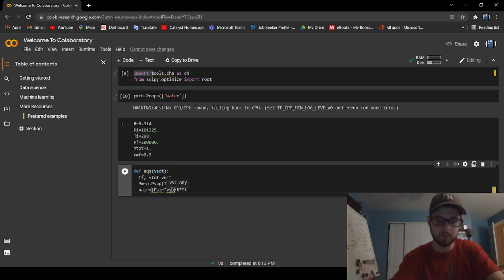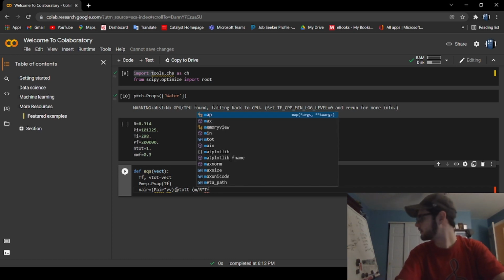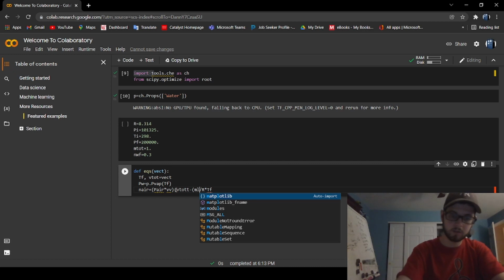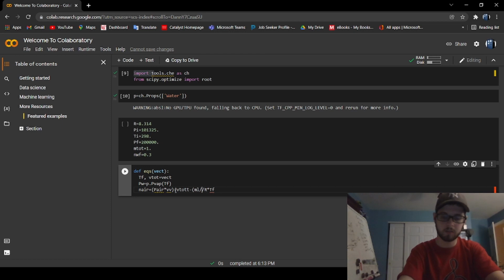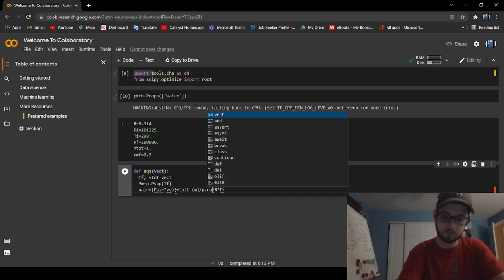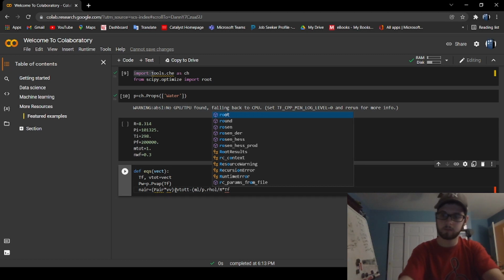Oh, volume of liquid total minus the mass of water, which is M. No, it's just M of the liquid divided by, I think it is, we want P.rho L, rho liquid,